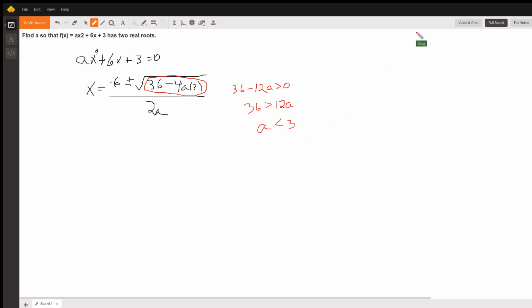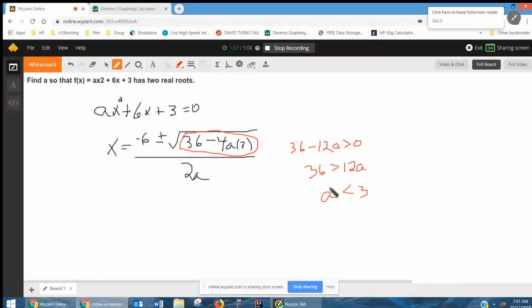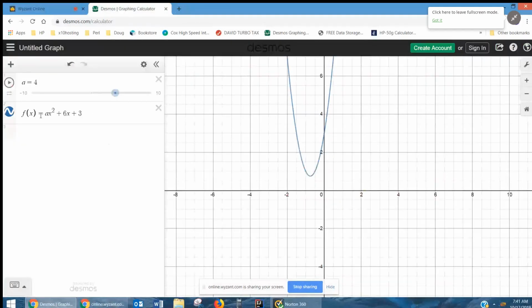And to show what's going on there, I'll share my screen. We'll go to Desmos. There is the function with the letter a still in place and a variable set to the value 4. I go up this way. This parabola does not cross the x-axis, so it has no real solutions. But if I go down to 3,